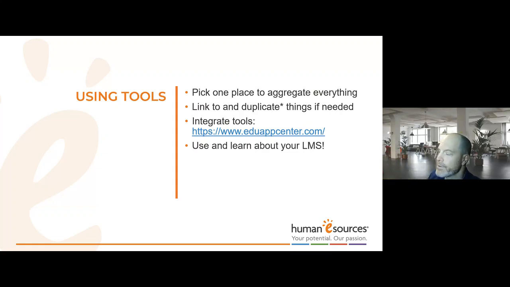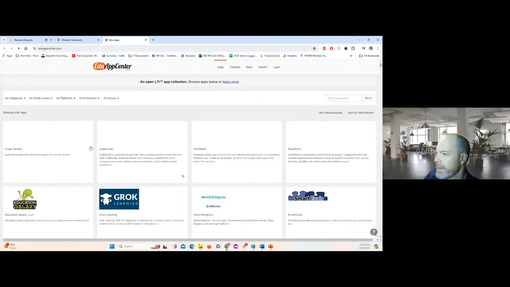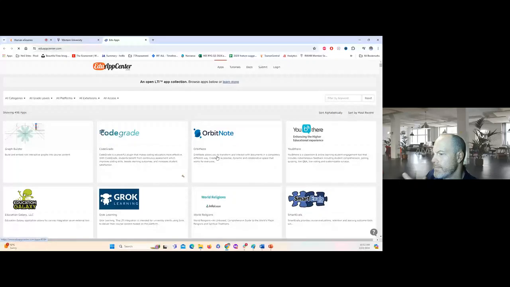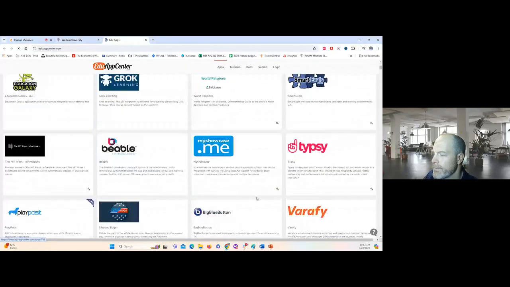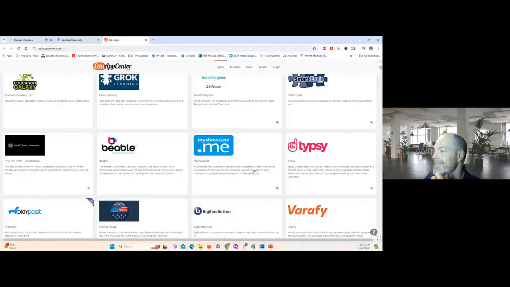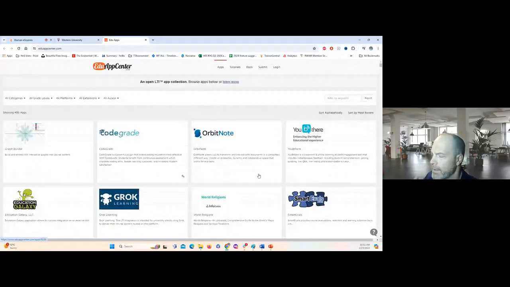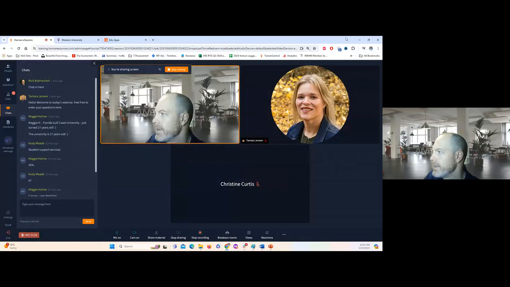There's a way to integrate tools in something called eduappcenter.com. Again, once you download this PowerPoint, or this is made available to you, check out that link. It's very slick. I can open it now and just give you a preview of what it looks like. So here are different apps. It tells what they're all about, and you can integrate them into your LMS. Typically, these would be LTI compliant, meaning they can integrate with any LTI-rated system, which most LMS systems are, and you can integrate those apps rather than have people go off to different places.